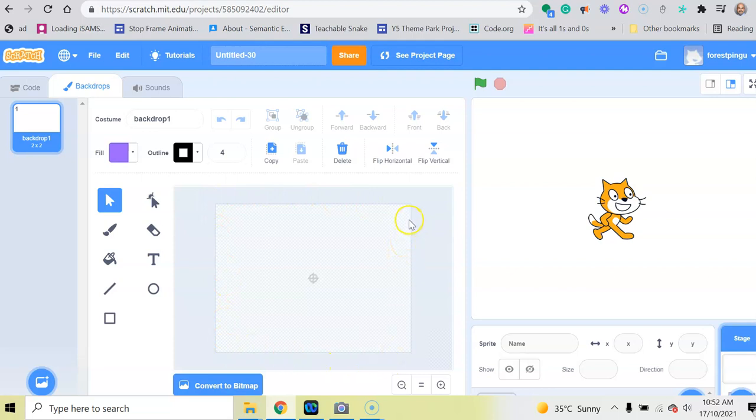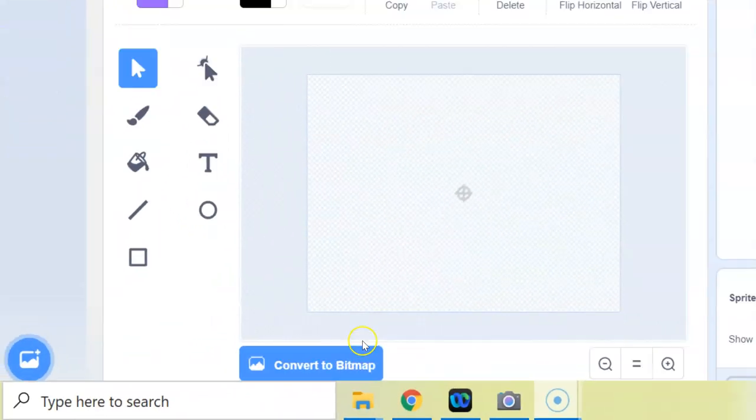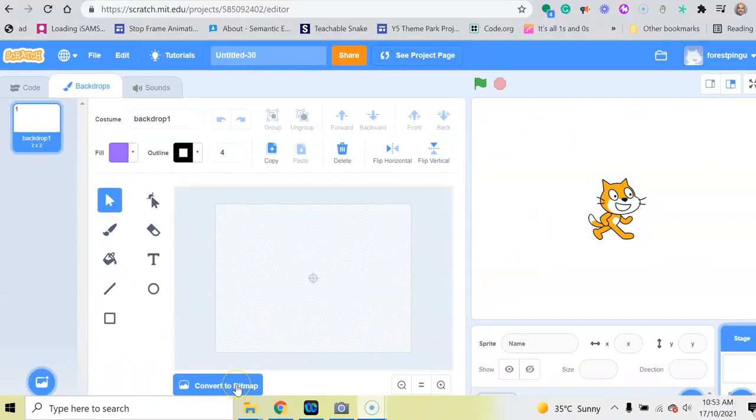Now first I'm going to give my stage a background color. To do that I'm going to use a bitmap image tool. At the moment it's a vector image, so to make it into a bitmap we just click on here. This is the convert to bitmap and that will make an image that we can fill using the fill